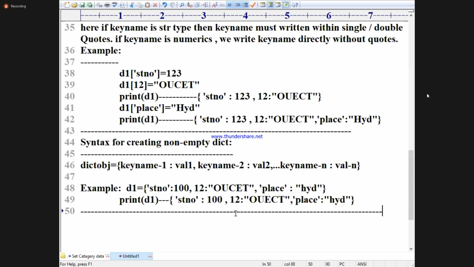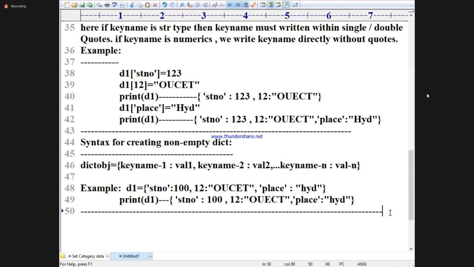How do you update the dict values? Already you have your friend's name in your mobile, and the phone number was there. He changed his number. What will you do? You will go to his name, edit it, and only change the value. The name was already there, and what are you doing? Changing the value of the value.